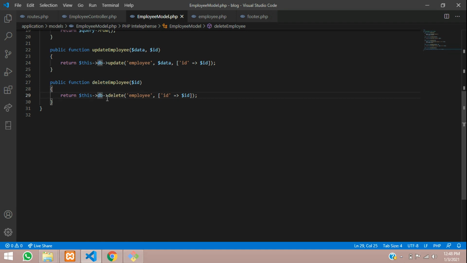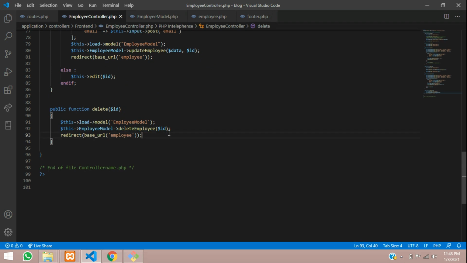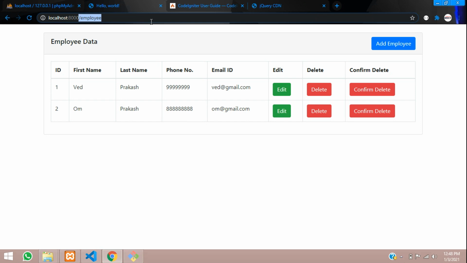So we are using that with the database connection and assigning the table name where ID is equal to the parameter ID which you are sending, or any ID which you are getting, and then returning back. So while returning, this will delete the data and get back, and it will redirect to the employee page. This employee page is nothing but your URL which is right now shown over here.